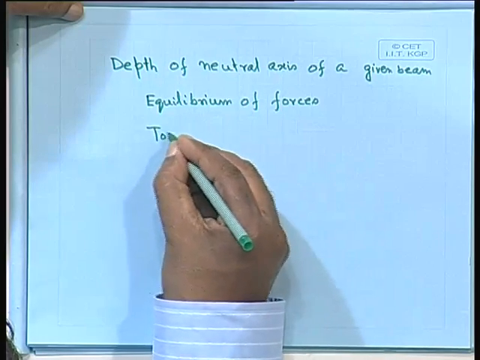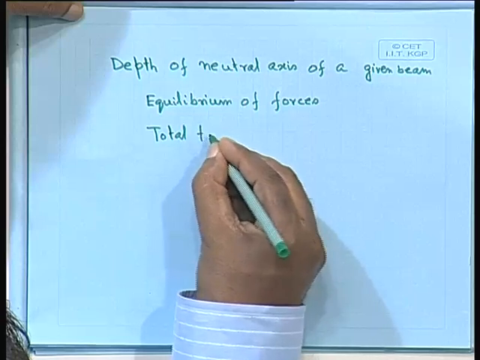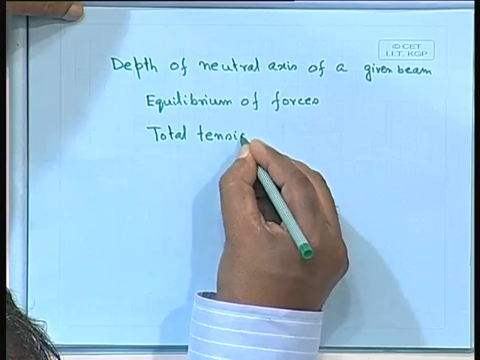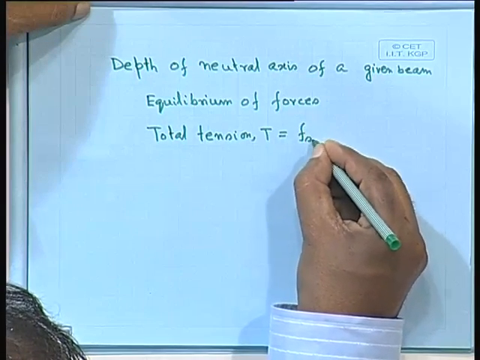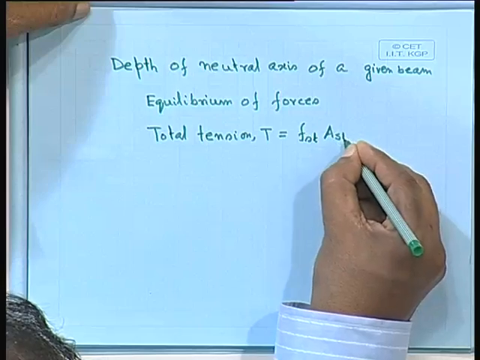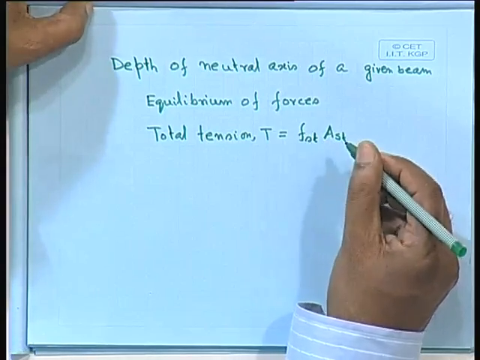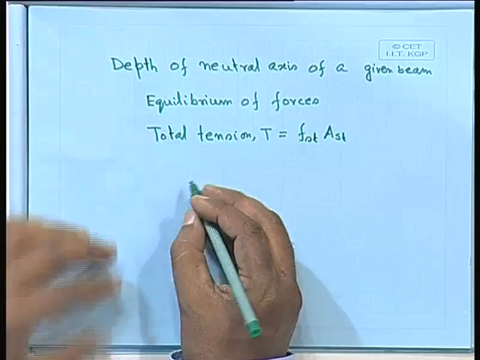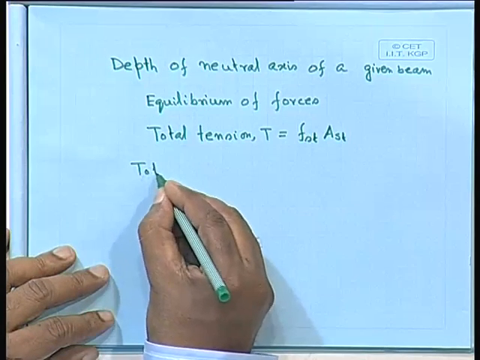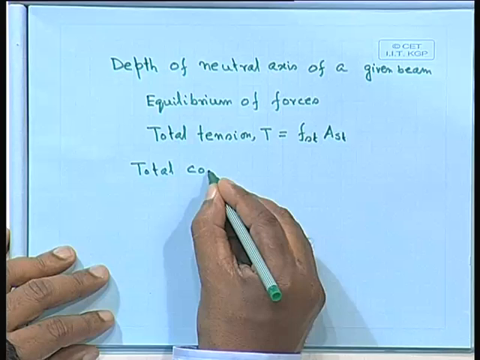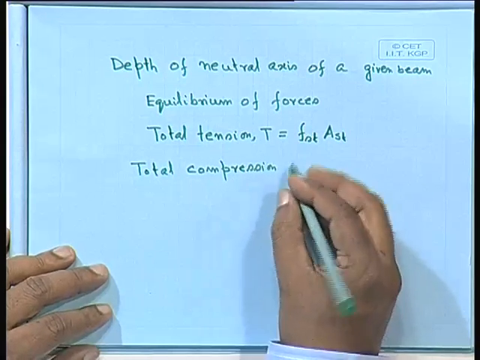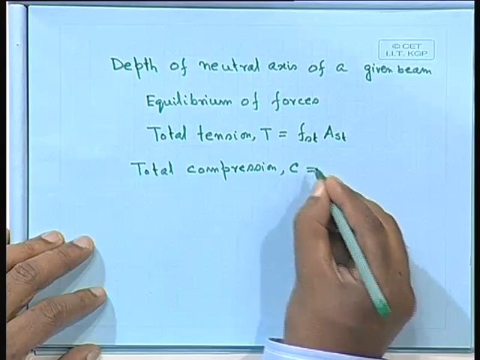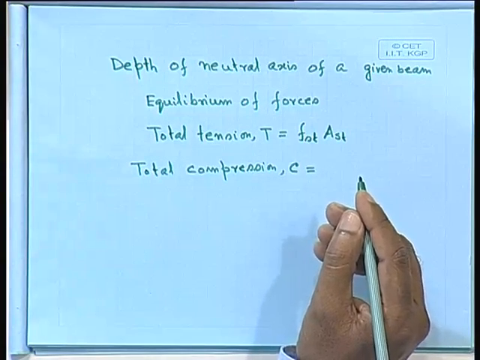Total tension T equals FST times AST, stress times AST, total compression C equal to total compression C equal to,